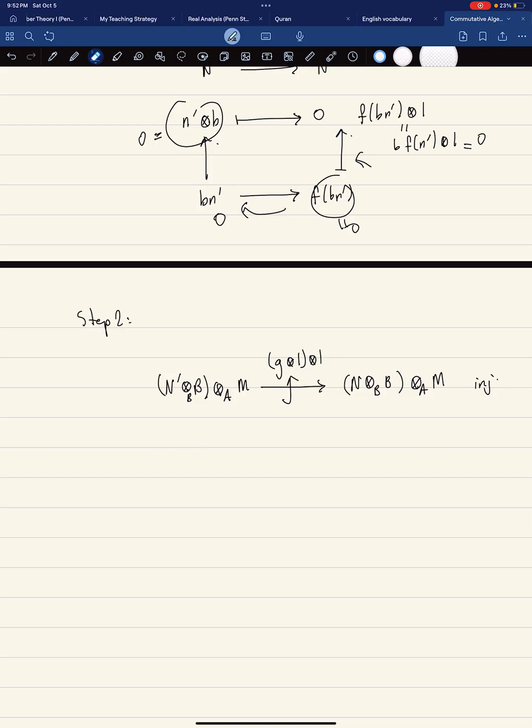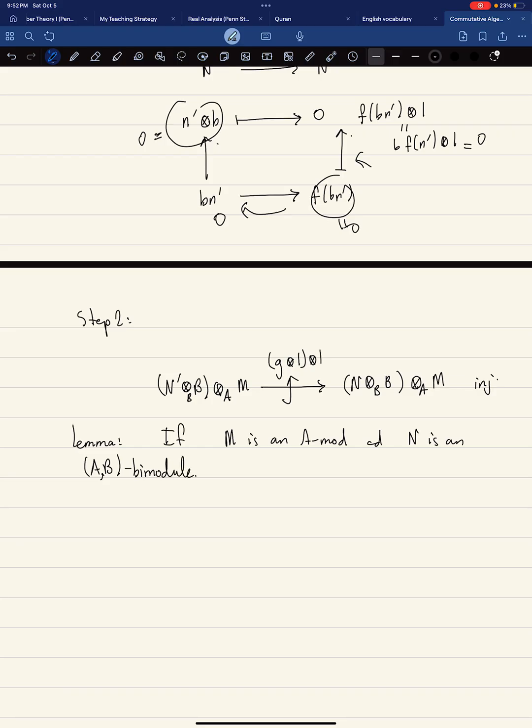I think you can prove a general fact, or maybe a lemma, which says that if M is an A module and N, let's say N prime, are AB bimodules, if F goes from N to N prime is an AB bimodule homomorphism, which means that it is an A module homomorphism and also a B module homomorphism, then